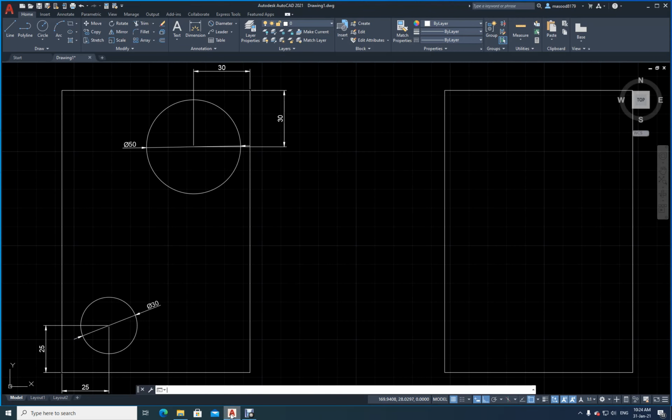In this video, let us try to learn another important feature in AutoCAD, that is called temporary tracking. Now you see here, we have got a rectangle. Inside this rectangle, I have to draw a circle over here and another circle over here. Okay. So what is the diameter of this circle? The diameter of this circle is 50 millimeter and the diameter of this one is 30 millimeters. I am saying millimeters because I have set the units to millimeters. Okay. So these 30 units is taken as 30 millimeters.